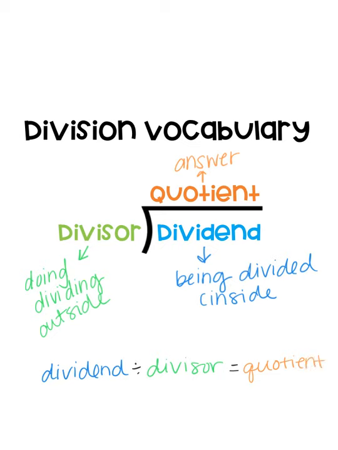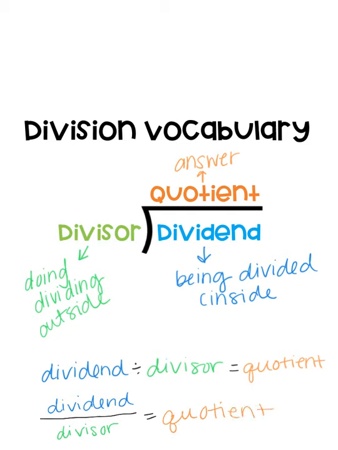So in fraction form, it would be the dividend over, or divided by, the divisor equals the quotient. So these are some different ways that you might see